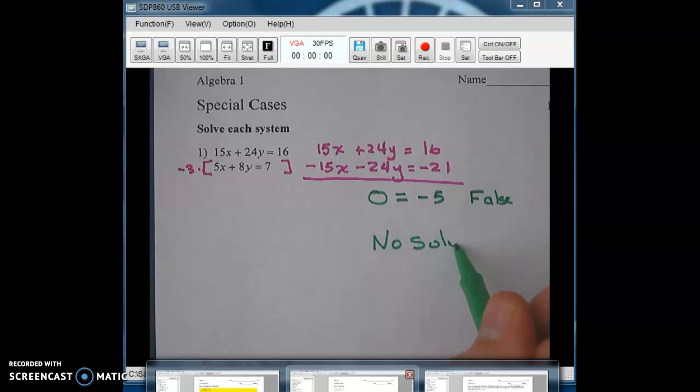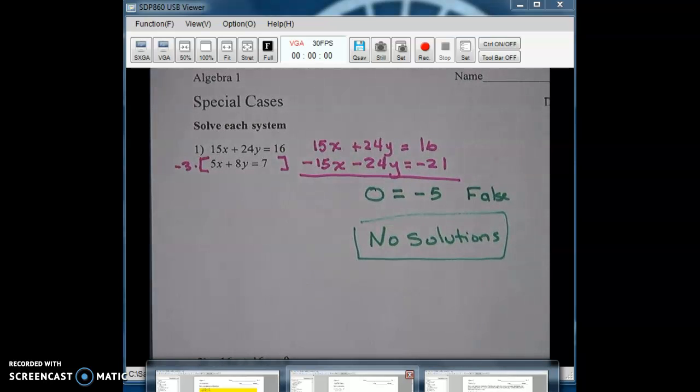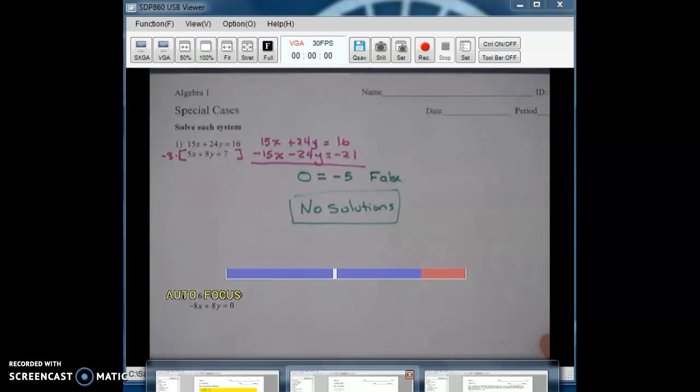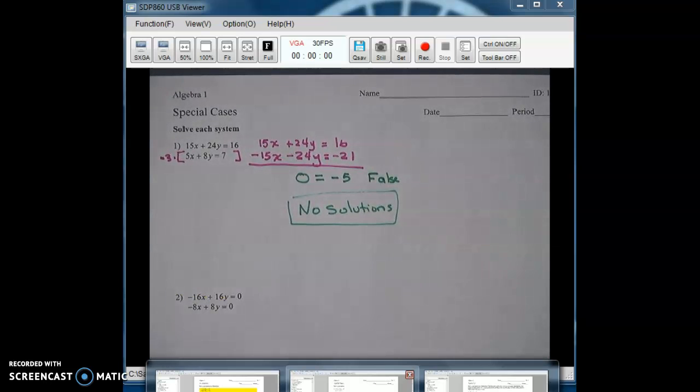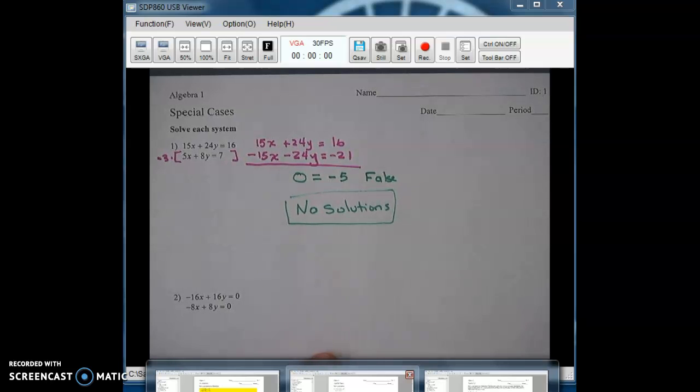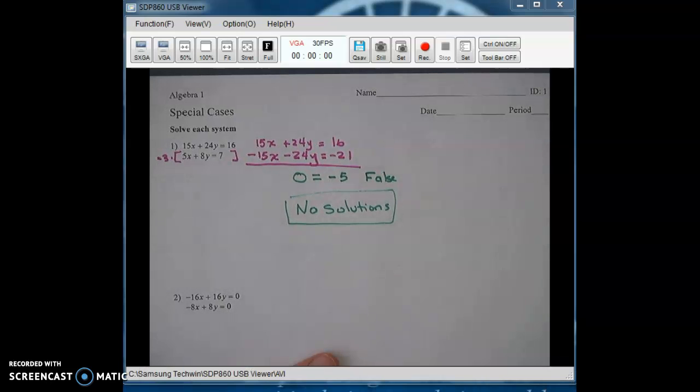There is no x and y that work in both these equations. There are no solutions whatsoever. And sometimes that idea of no solutions is much easier to understand when we look at graph form. And so what I would like you guys to do today when you're working on these problems is not just